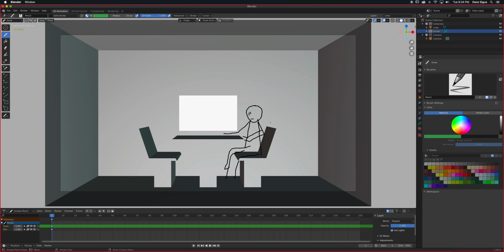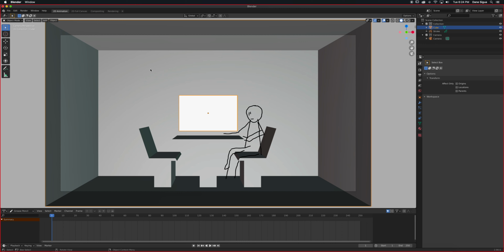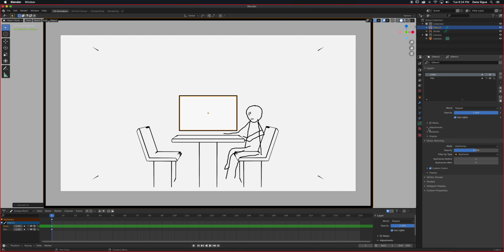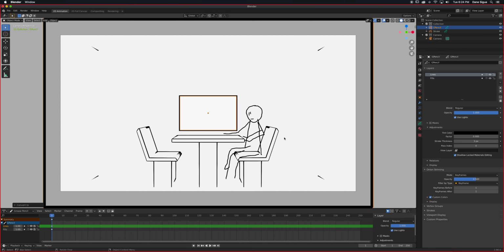because your background is already made. So let's say you decide, hey, I want to actually use this one as part of my grease pencil. Then you can go to object mode here, and you can always decide later, you can duplicate this object and hide it. You don't have to convert it. I can go here, object, and then go to convert to grease pencil, and voila, there it is. It's 2D. It looks a little hokey because those lines are going over there, but you can delete those lines. You can clean it up, or you can trace it. Then here I can work with my adjustments, maybe increase the thickness or lower the thickness. Either way, it's a separate thing.